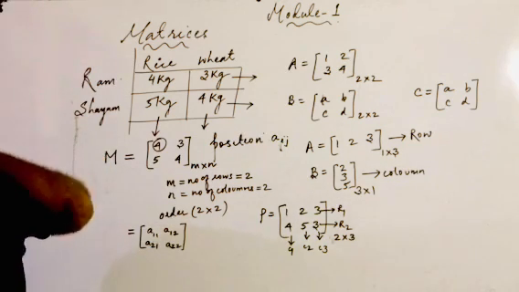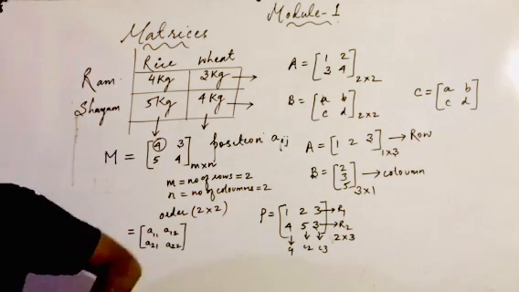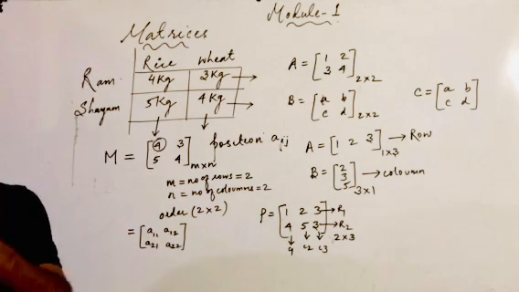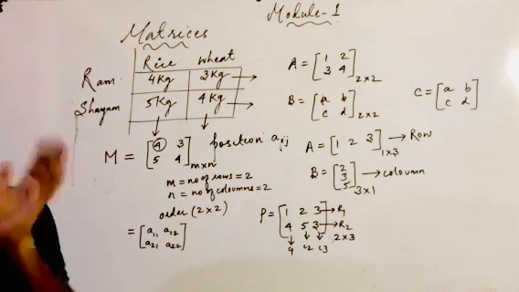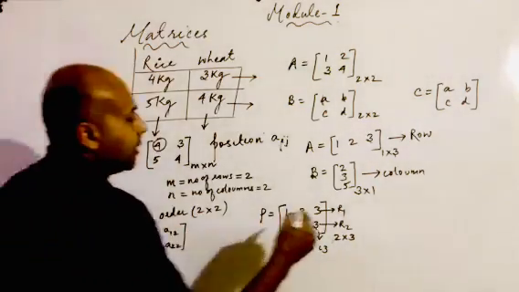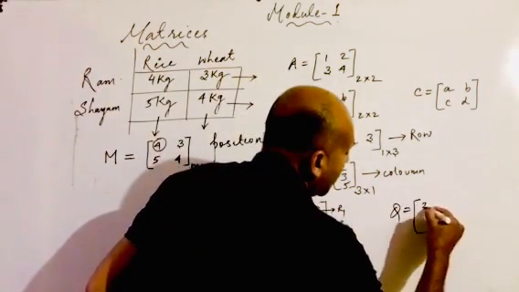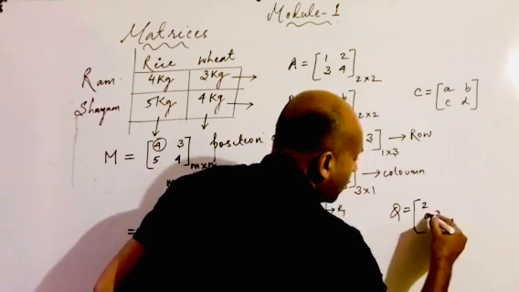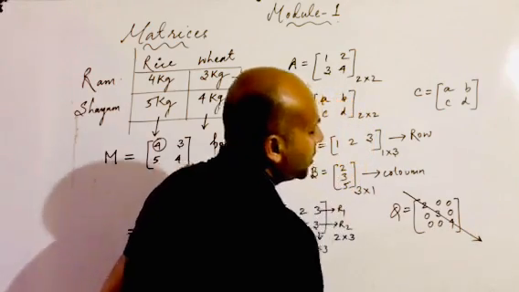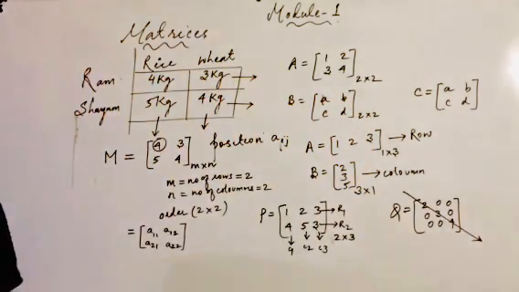Now one very important thing is called a diagonal matrix. What do you mean by diagonal matrix? The matrix in which only the leading diagonal will contain elements, and the rest of all the elements will be 0, is called a diagonal matrix. Again I am repeating. Take the example: Q is the matrix, and here I am writing 2, 3 and 4, and the rest are 0, 0, 0, 0, 0, 0. You can see that this is the leading diagonal, and only this leading diagonal contains elements. So that's why it is called a diagonal matrix. Am I clear? Understood or not?